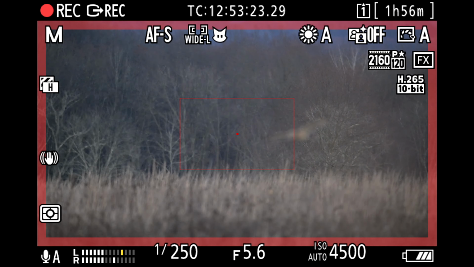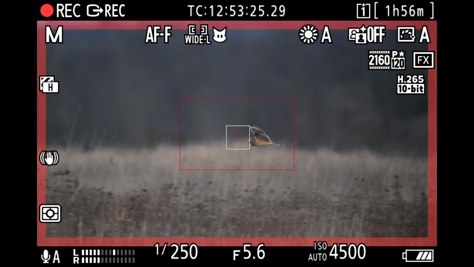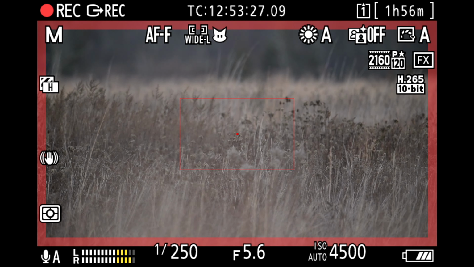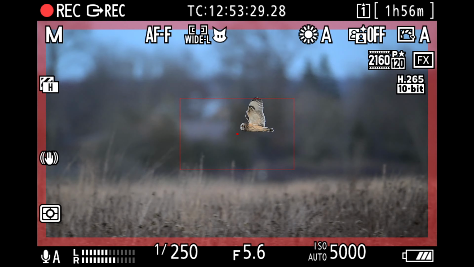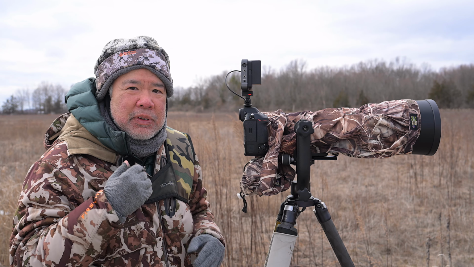When you first see a bird in the focus area rectangle, it's probably blurry initially because you just saw it in the viewfinder, which is happening very quickly. My focus mode is set to AFF, full-time AF. This mode is trying to focus automatically, but it's too slow. So for autofocus with flying subjects,